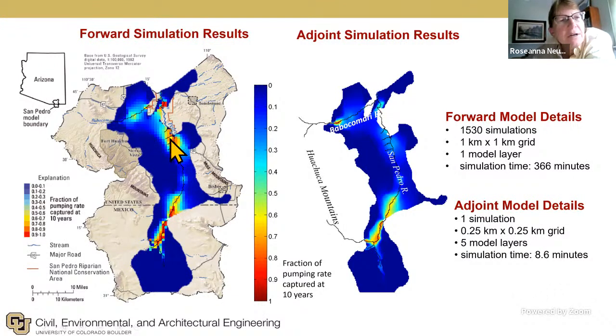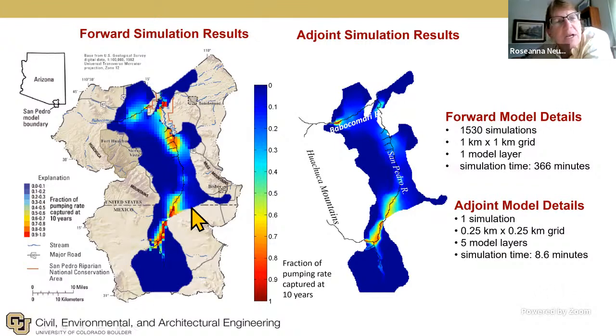Right here near the San Pedro River, if I put a well very close to the river, almost all of the water that I pump will be coming out of the river. And if you go far away, down here at the southern extreme of the aquifer, if I pump water out of a well here, almost none of it will come out of the river. And in between, there's a range from 0 to 100% of the water